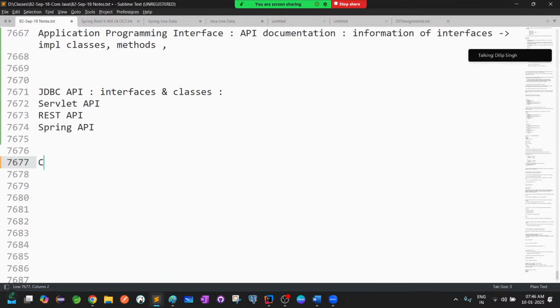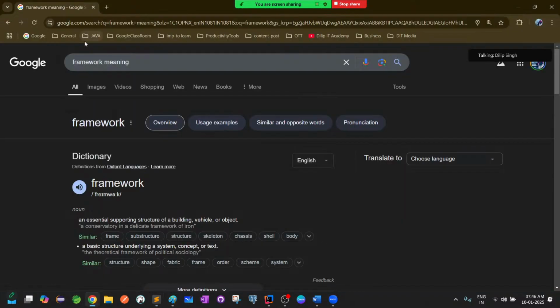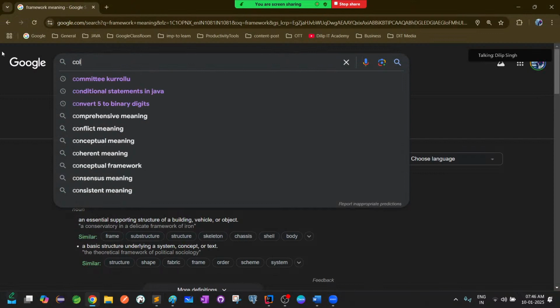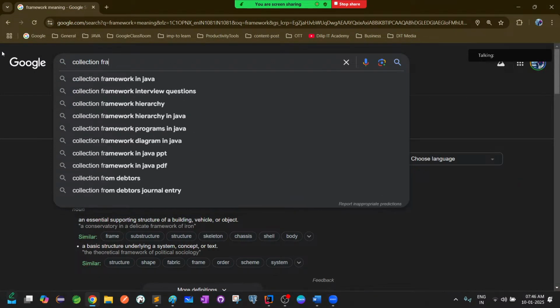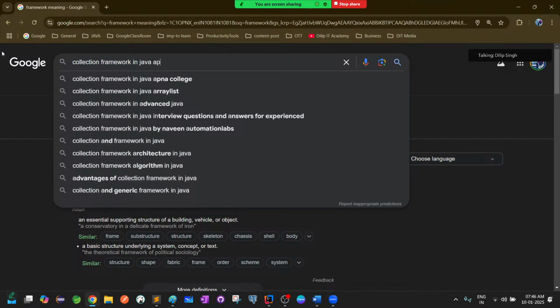So that means now we have to know the collection API, nothing but what the predefined interfaces and classes are available, and what the relationship is between those classes. These are all information we have to know now. How to know that? For example, if you search for collection framework in Java API,